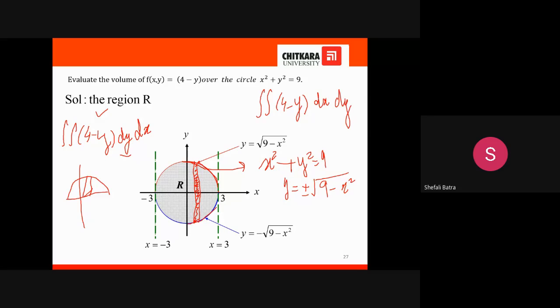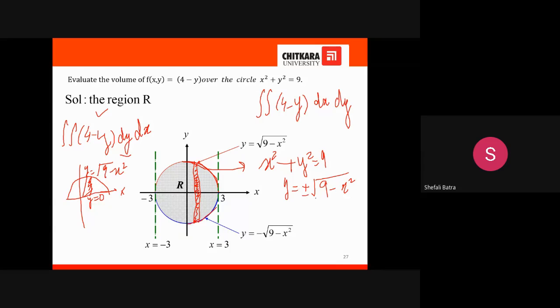और अगर मैं ये रीजन कंसिडर करती तो अगर मैं स्ट्रिप बनाती वर्टिकल तो मेरी स्ट्रिप कहाँ से शुरू होनी चाहिए थी? It's your x-axis. तो इस केस में आपकी स्ट्रिप कहाँ से शुरू होती है? This is x-axis and at x-axis y is equal to 0. तो 0 से स्टार्ट हो जाती और कहाँ तक चली जाती? Circle y is equal to 9 minus x square positive, क्योंकि यहाँ पे सिर्फ पॉजिटिव y एक्सिस था। यहाँ क्या है? नेगेटिव भी है, राइट। सो यू आर गेटिंग फ्रॉम हियर y is equal to plus under root 9 minus x